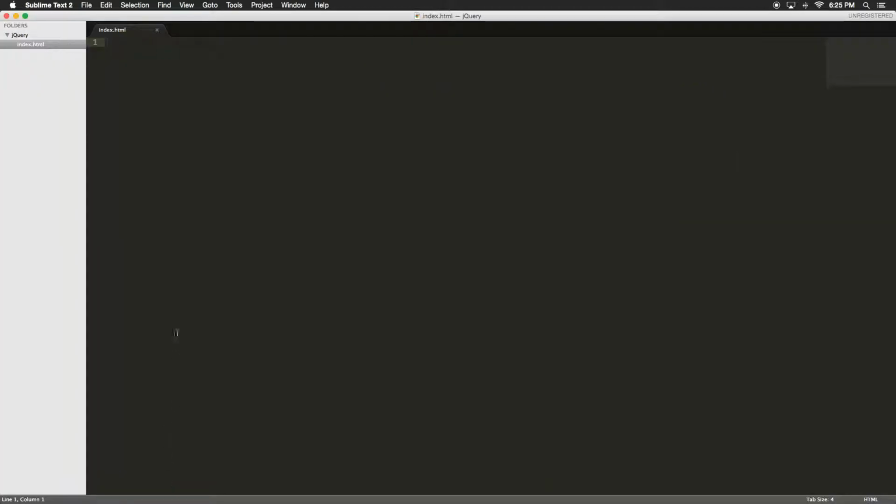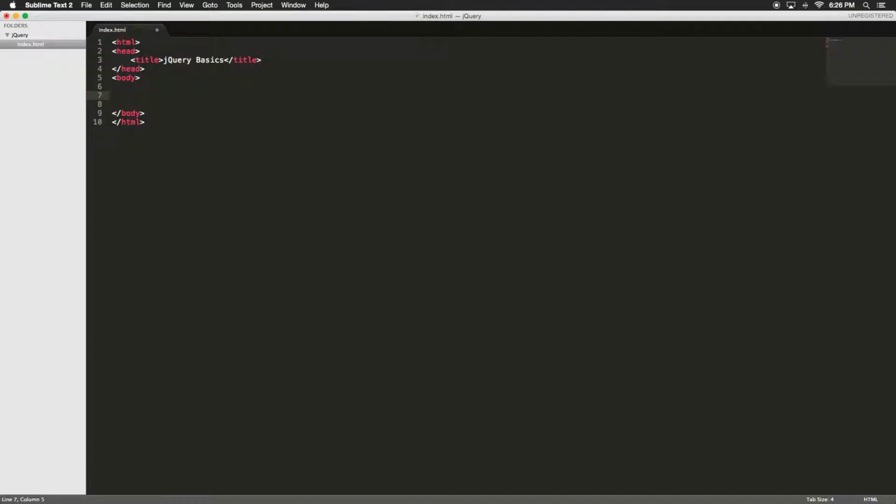So now I'm going to open up text editor here. I'm using Sublime text editor, so you can use any text editor you want. I just created jQuery folder in there and also created a HTML file called index.html. Right now it's blank. I'm going to create HTML skeleton here. I'm going to change the title into jQuery basics,